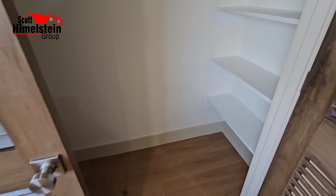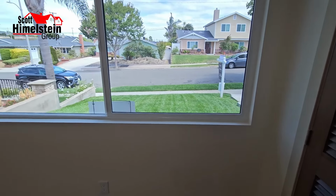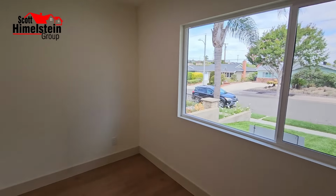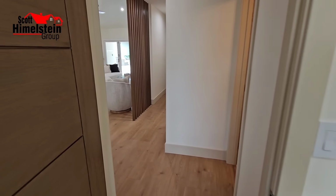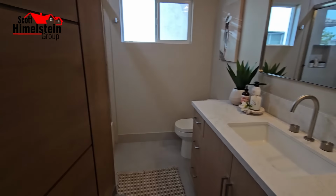So take a look at that as well. And then of course you have the dual pane windows throughout the entire home. So let me know what you think about the color scheme. So we're going to leave the first bedroom on this side of the house, and that takes us to your